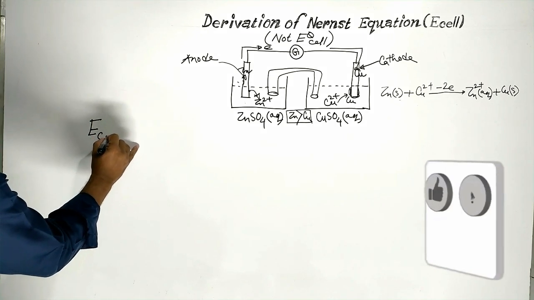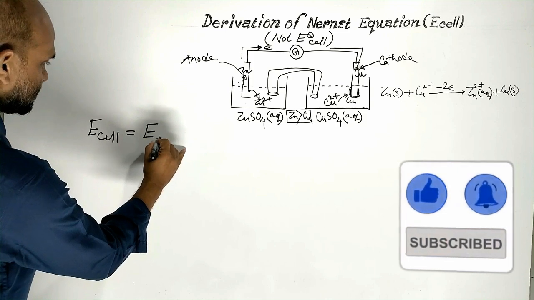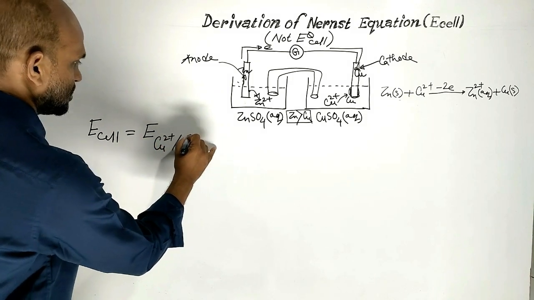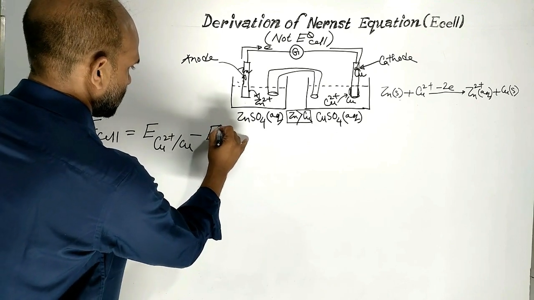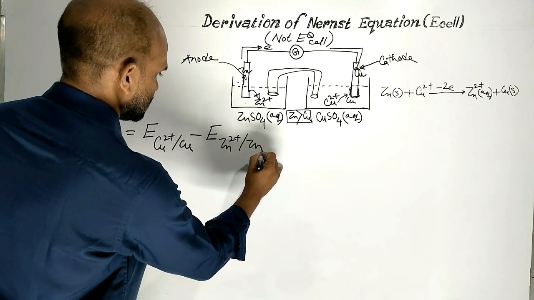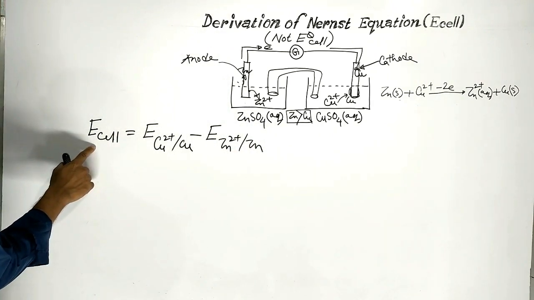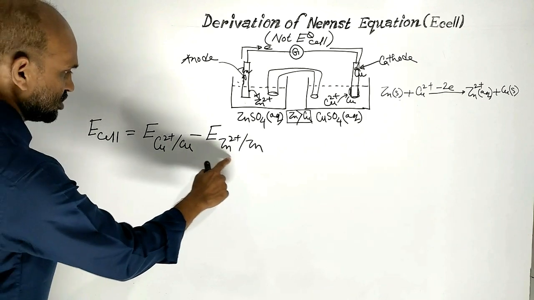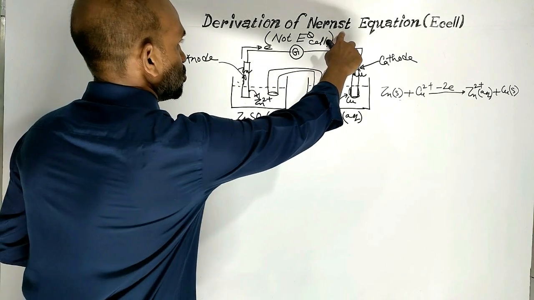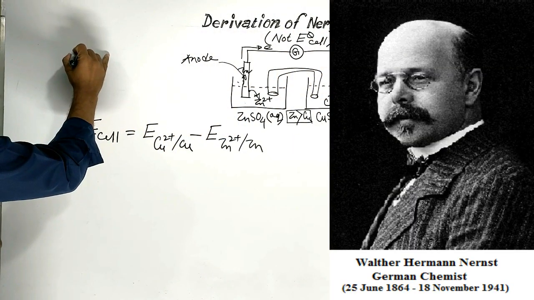Non-standard state cell potential is equal to non-standard state reduction potential of cathode minus non-standard state reduction potential of anode. This is the equation to calculate non-standard state cell potential, but these values are not known. Here, scientist Walther Hermann Nernst established a relation between